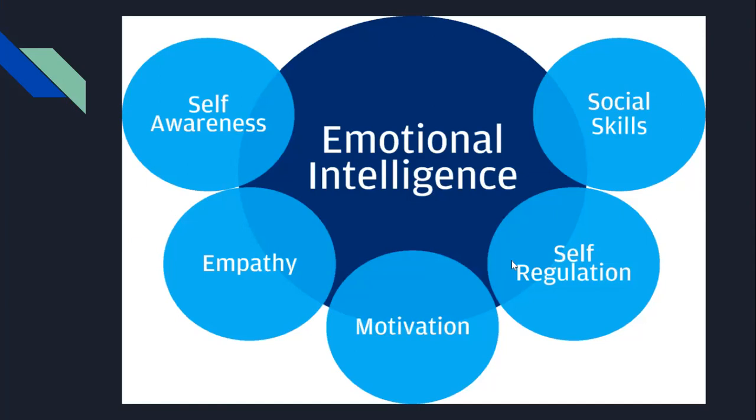Then comes empathy. We should understand the student's mind, what the state of the mind is. Maybe he has a bad day and he is not able to cope with what I'm trying to explain to him or her. That's really important. If I'm trying to explain a difficult topic to my student and he is not in a mood to understand, I should change my topic a little bit so that it's easy for him to understand. Next is motivation. We need to motivate our students very often. In fact, we also need motivation, right?